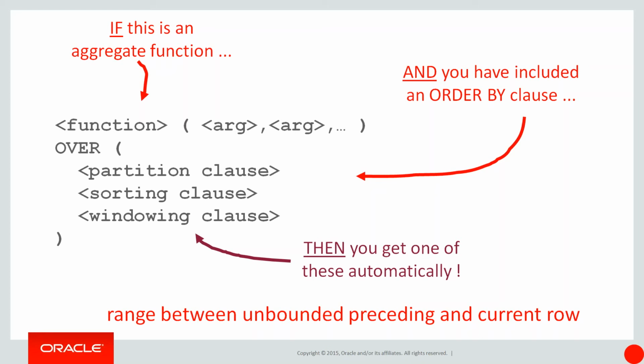So the fact that I added an order by, Oracle is interpreting, saying, you obviously wanted to use the data in a particular order. That would only make sense if you're doing it in a windowing fashion, because otherwise you wouldn't have had the order by clause at all. You just wanted the simple reporting aggregation. So if you don't specify a windowing clause, but you did have a sorting clause, you get a windowing clause automatically. And that's why you see those running totals, even though there was no windowing clause. We actually inserted one for you.